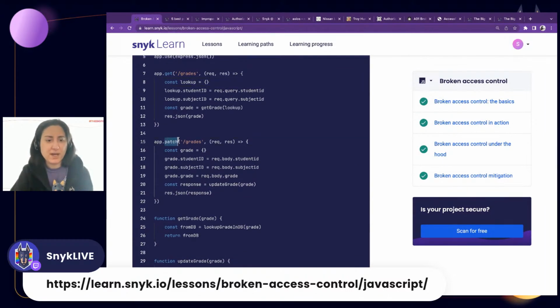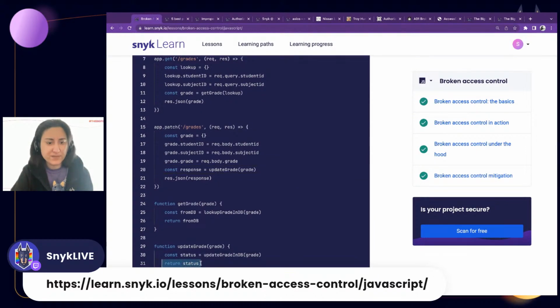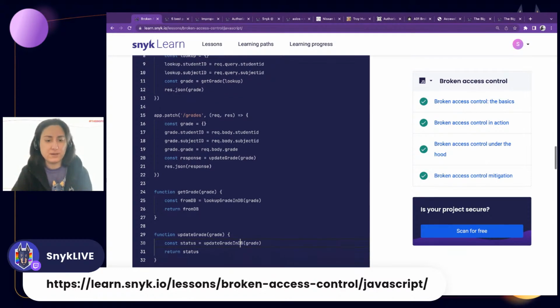Using the patch endpoint, we'd have an empty object where we'd have the student ID, the subject ID, and this is where we could potentially tamper with the grades. And we'd have the update function, which is here. And we'll have a look at the DB fetching the grade. In that case, for get grades, and for update grade, we'll actually change the value within the database.